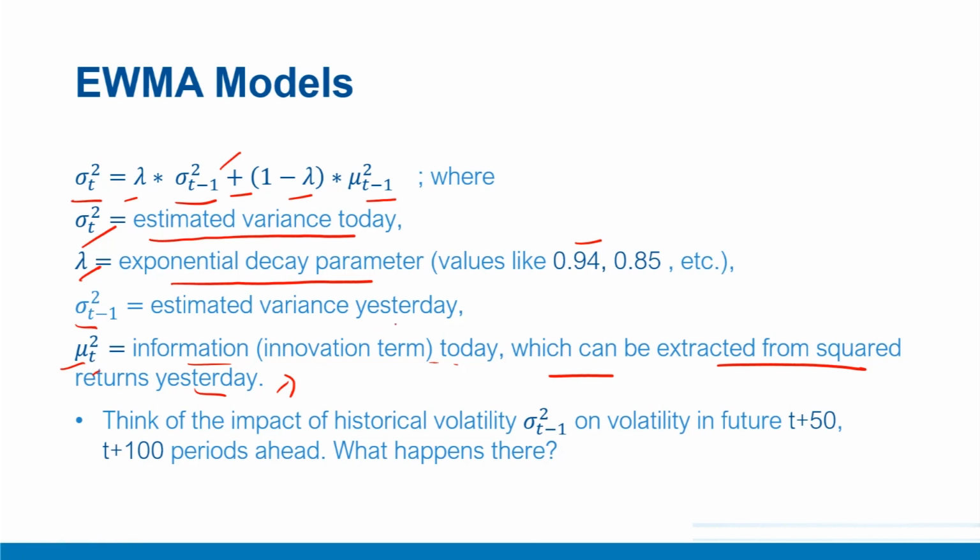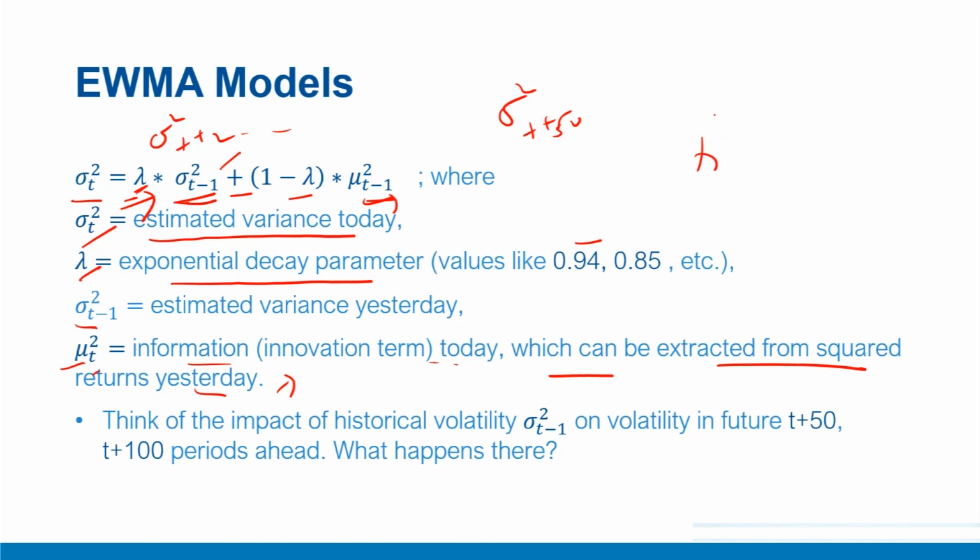Now, in this model, just imagine the impact of sigma square t minus 1 as time passes. For example, its impact on sigma square t plus 2 and so on. Let's say on the 50th period, sigma square t plus 50. A little bit of visualization and imagination about this model would suggest that as time passes, this factor will